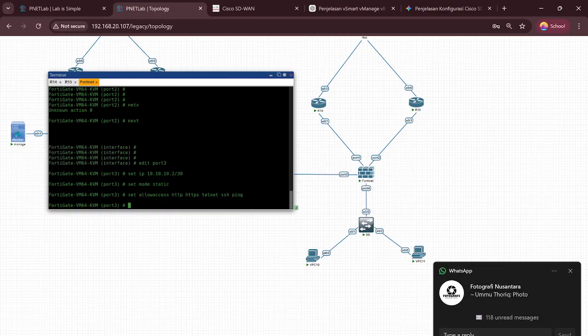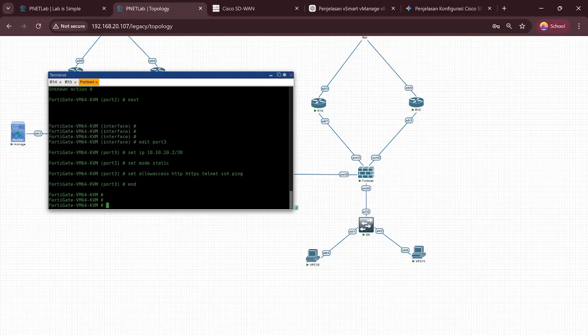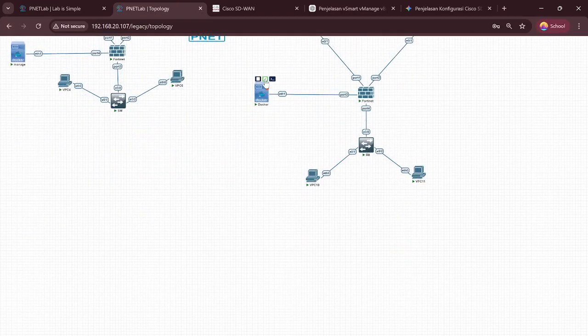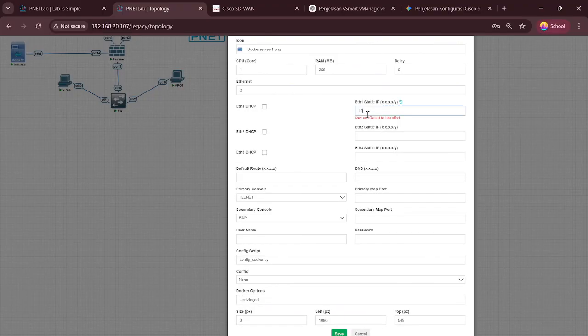Click enter. Save this configuration. Okay, because Ethernet 0 I configured static.